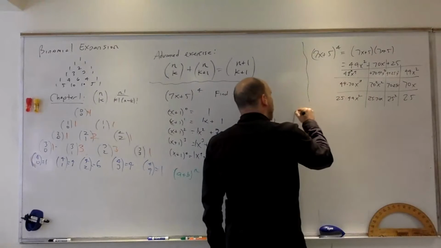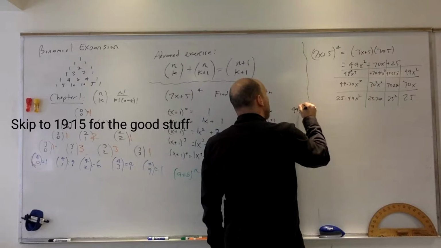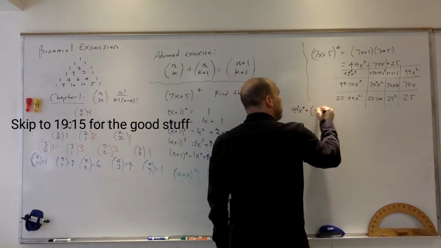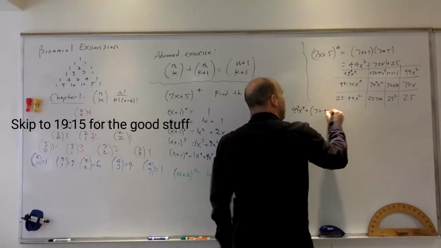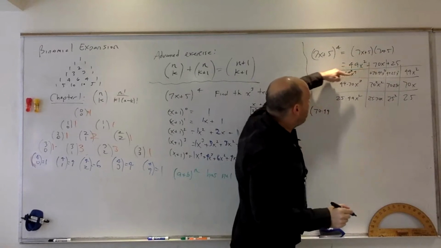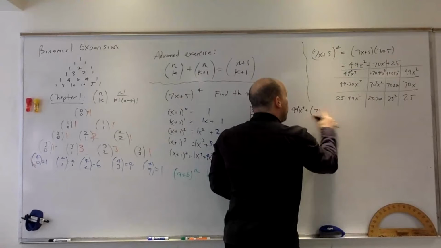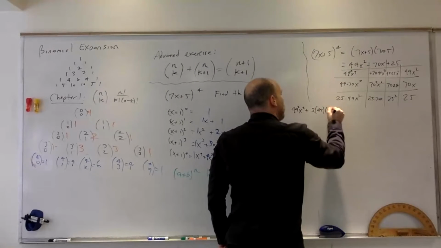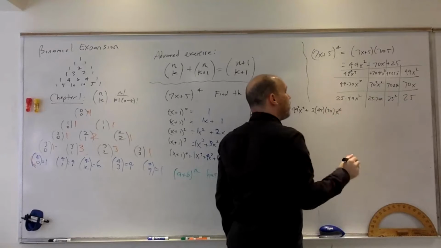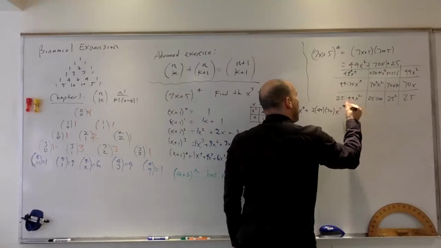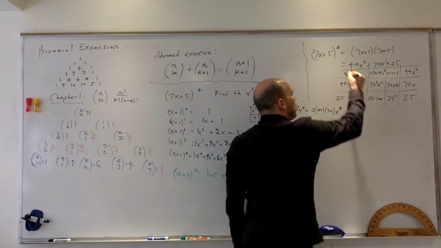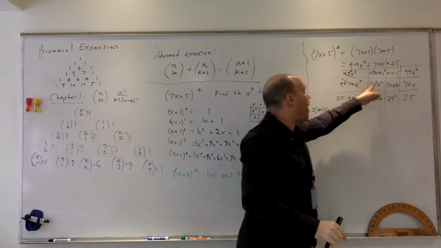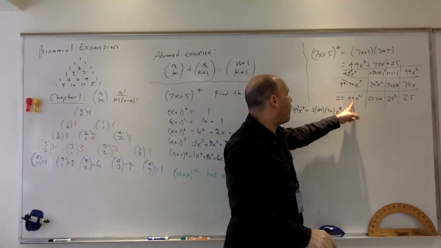So we have 49 x to the 4th, plus 70 plus 70 plus 49. So you know what I'm going to write that as? 2 times 49 times 70 x to the 3rd. Good. Okay, what's going on with the x squareds? Well, I have